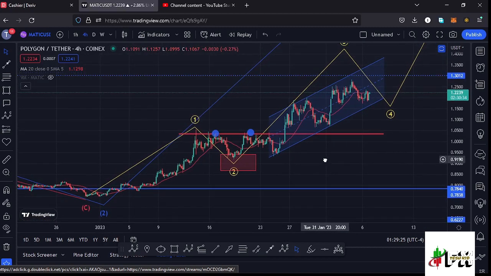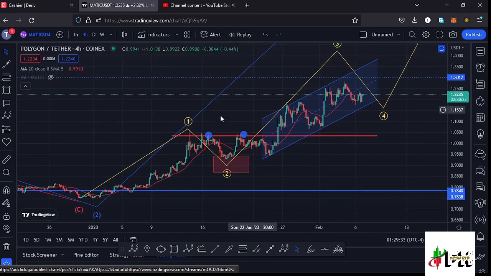allow me to continue with the video here on the 4-hour chart by first giving you the short-term scenarios that I'm expecting to play out, basing it on this Elliott structure that I have right here in yellow, where you can see that after making our low at around the $0.74 mark, we started a very nice bounce to the upside, obeying the Elliott structures,